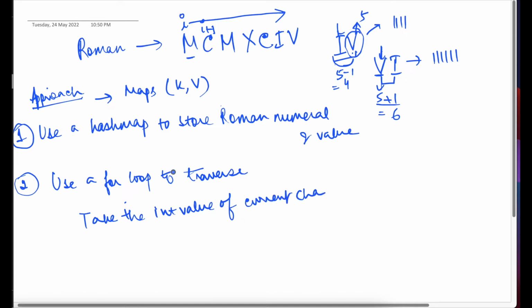Where do we get the integer value? The map is already there. If we do a get, the key will be the current character, and the int value is going to be the corresponding value. So if the value of the current character is greater than or equal to the int value of the I plus 1 character, then